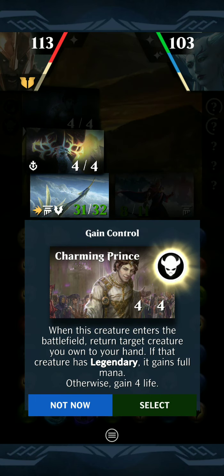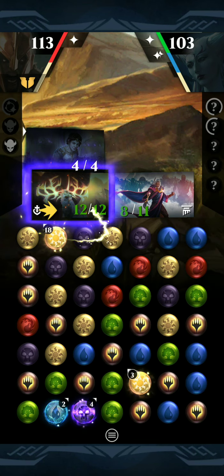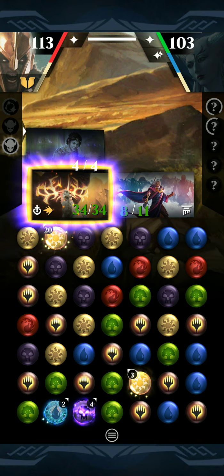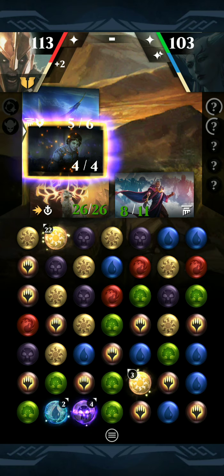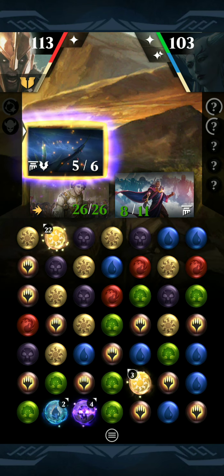Yeah, 31. So that's 8 each time. So that's nice. It requires fewer clicks. I haven't done a little timing test to see how fast it actually is, since we are adding extra animations with the buff all the times when the creatures are swapping in and out, but it does require a lot less